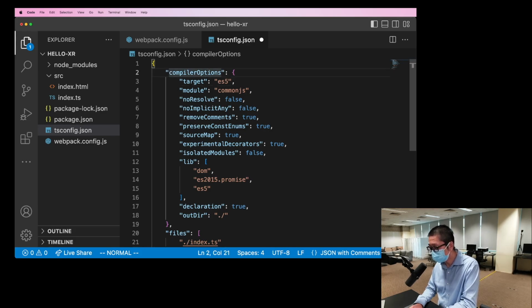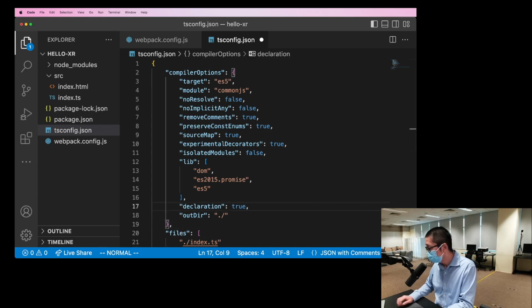Yes, you see that's the compiler option for the compiler to convert TS to JS. So I will not go through all the options here because it takes too much time. But basically, that's the option for the compiler. The thing I need to change here is